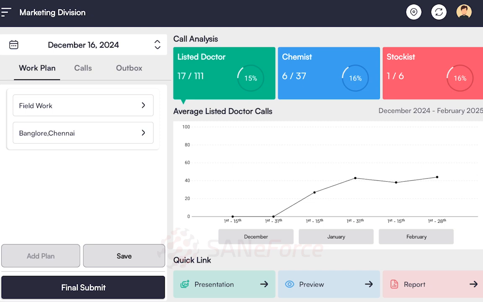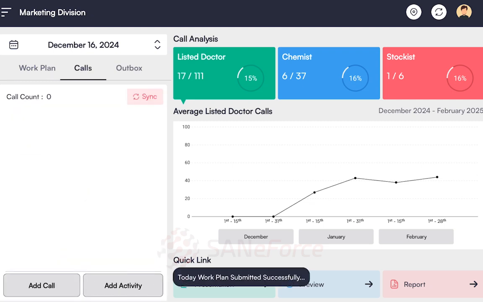After entering the work plan, that is work type and cluster, you can click on the save icon at the bottom. And then the application automatically shifts you to the calls menu. Under the calls menu, you can see the add call option in the bottom left corner. If you click on the add call option,